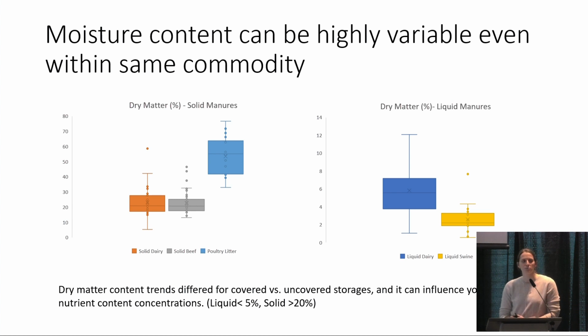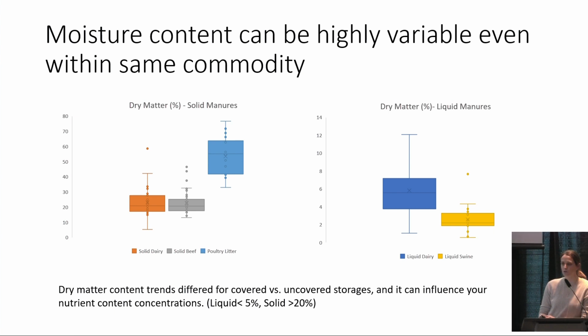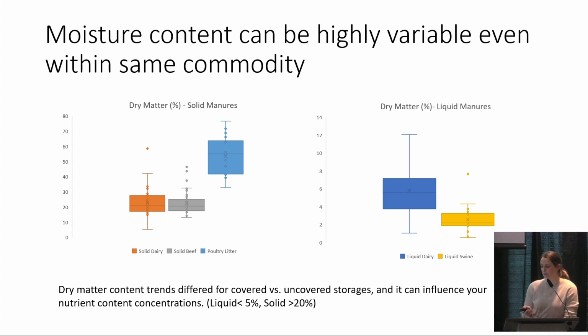The moisture content specifically can vary dependent on type of manure, and this is important because as we think of total nutrient content within manure, you're going to have a dilution effect if it's a higher amount of moisture. So for our solid manures, you can see that poultry litter had the highest dry matter content, and that the solid beef and solid dairy generally ranged, the majority of it, within 20 to 30% or 15 to 30%. Typically, we would say a liquid manure has less than 5% dry matter content, and solid would be